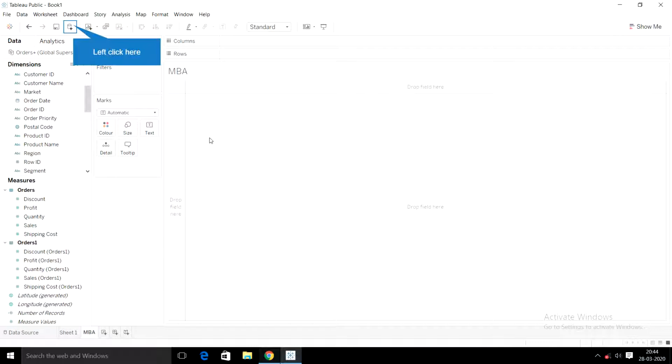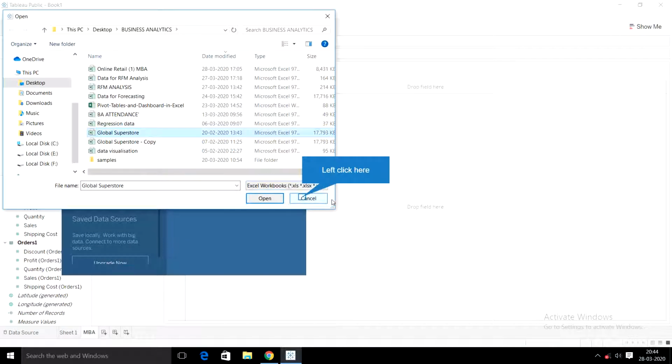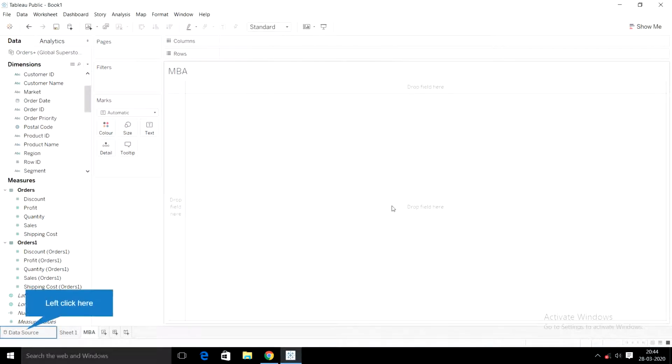Here we use Tableau to do this market basket analysis. We have already provided a data sheet called Global Superstore. This Global Superstore data is what we are going to use for market basket analysis.